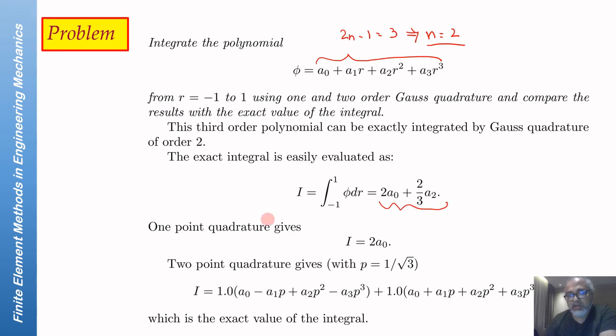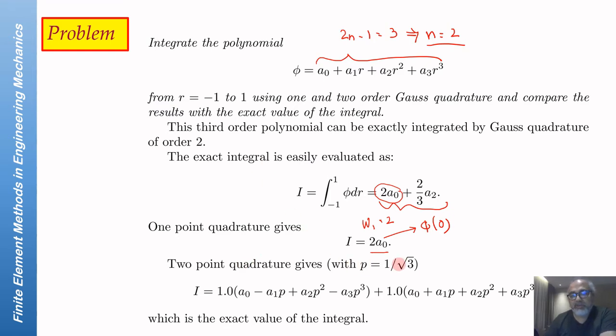Now 1-point Gauss quadrature will give this as 2a naught. For 1-point Gauss quadrature, remember the weight w1 is equal to 2, and the function has to be evaluated at 0. So if you evaluate this function at 0, you get a naught. So this is equal to 2a naught, which is only the first term of the integral. If you now evaluate this for 2-point Gauss quadrature,